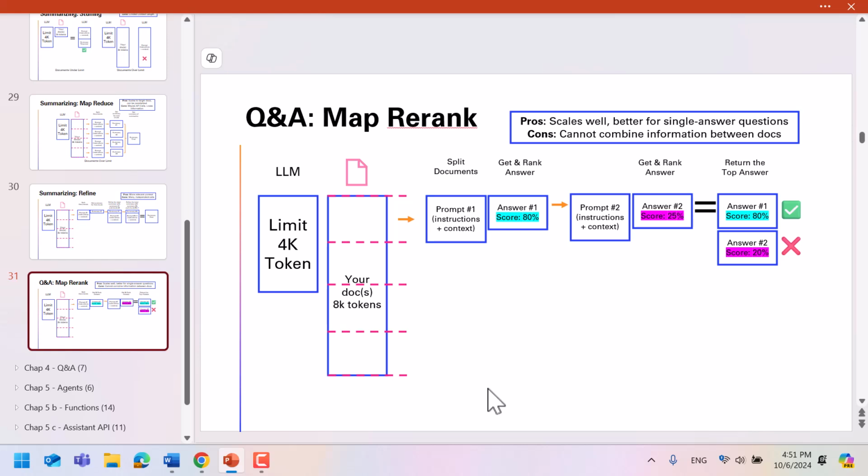If you have a certain question about a book or about an hour-long conversation, you can just break it down and say, hey, for each of the chunks, the sections, do you have the answer to my question? And what do you think the answer is? And then you rank at the end the best answer that you think you have for each of the chunks.